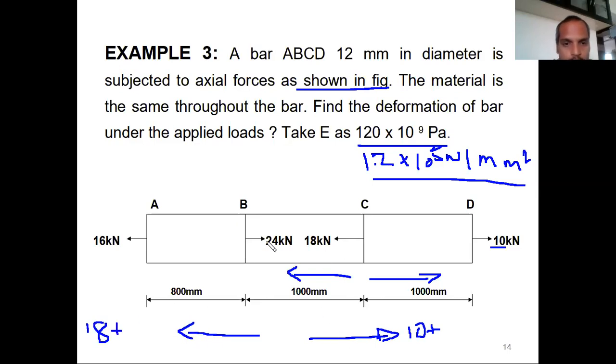And for the next one, if you see, which direction is this arrow? Towards the right side. Don't think about the member, just see the direction. If it is right side, add it here. And the other one is 18 kilonewtons towards the left, so that's why we added it here. And another force is 16 kilonewtons, again towards the left. 18 plus 16 is 34 kilonewtons. And 10 plus 24 is 34.